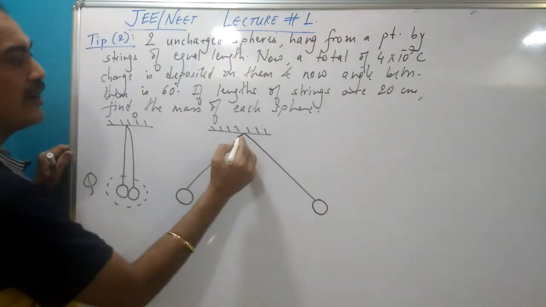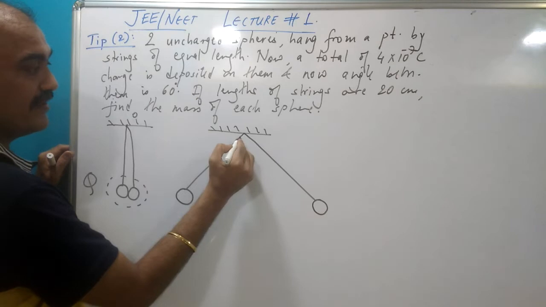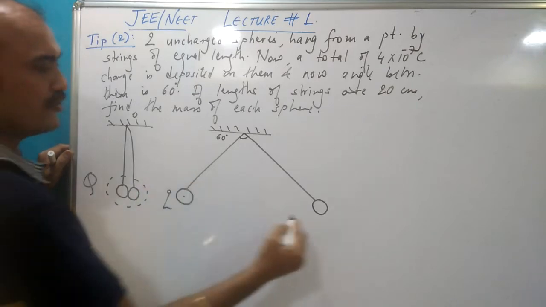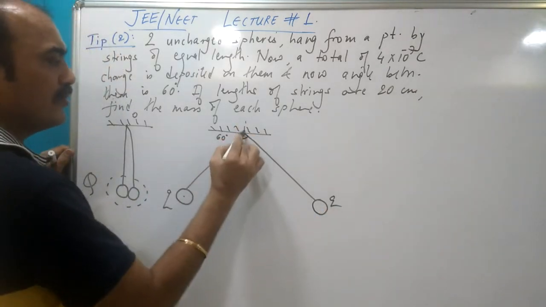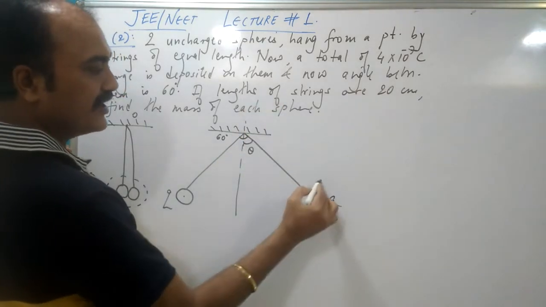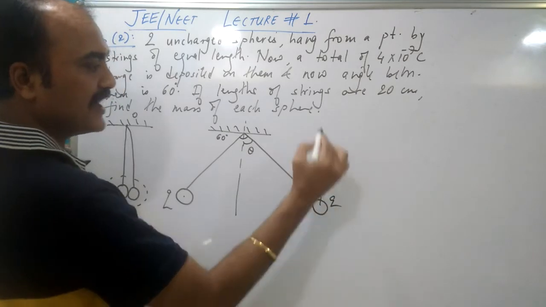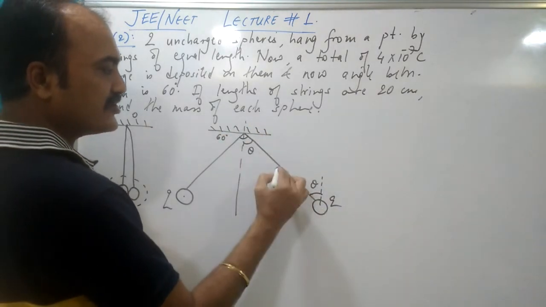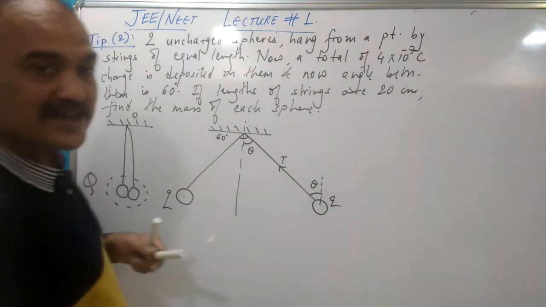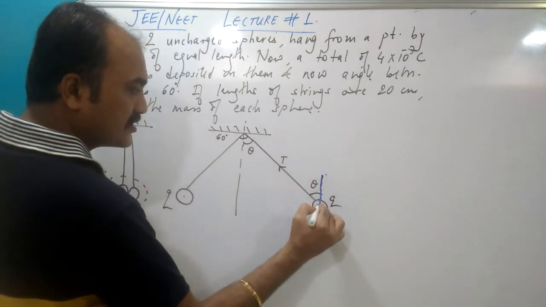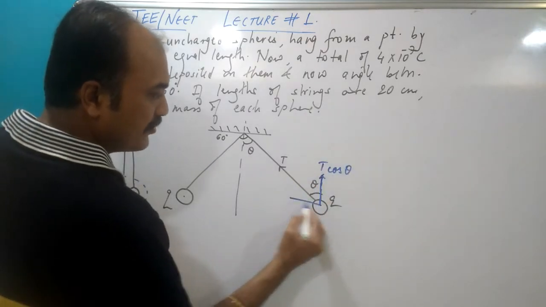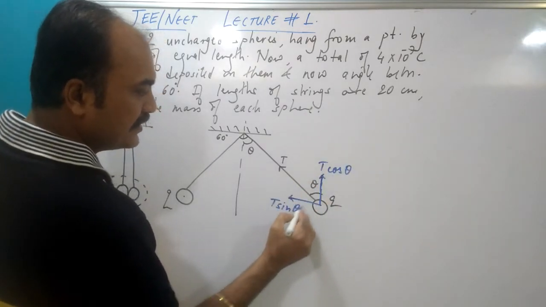So these are two charges now. This total angle is 60, they have told me. And let us say each has now charge Q and Q. Now, let me get the whole idea of this. Let me call this theta. But of course, vertically opposite angle, this is also theta. The tension in the string is T. So, I am going to make components of this. With theta goes cos. So, this is going to be T cos theta, and this is going to be T sin theta.